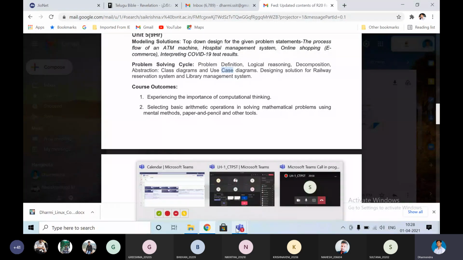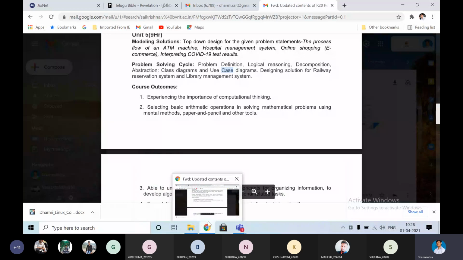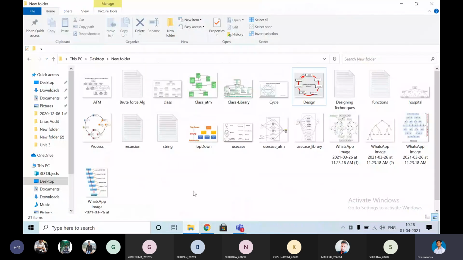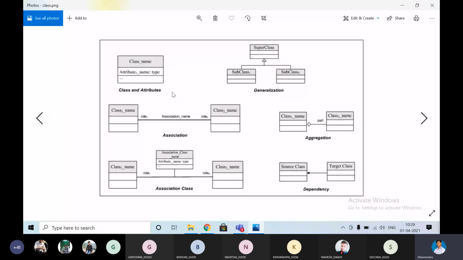Class diagram, as I told you, is a structural diagram. The symbols we are going to use in the class diagram, it is not the diagram itself, it is the symbols and the relationships we are going to discuss.